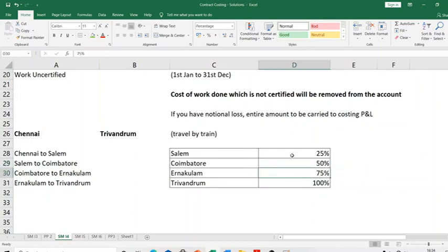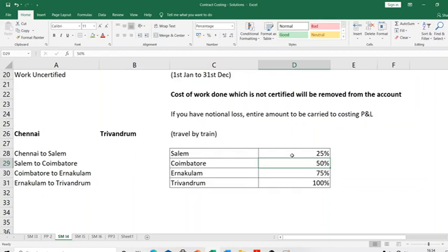Can you say you have finished 75%? Definitely not, because only when you come to Ernakulam can you say you have finished 75% complete. But you have crossed Coimbatore. You can't say that I've done only 50%. You might have crossed the next station Palakkad, and you may be halfway between Palakkad and Thrissur. You might have traveled definitely more than 50%. That is travel done, but you are not able to certify that travel. You can't say clearly so much percentage.